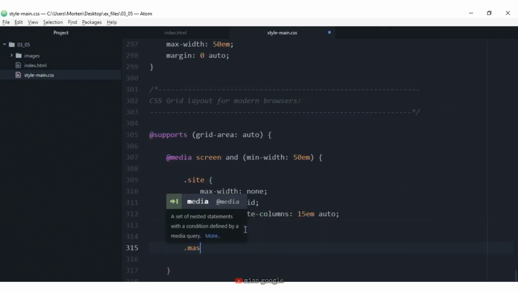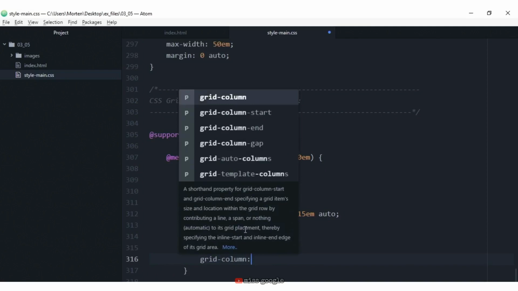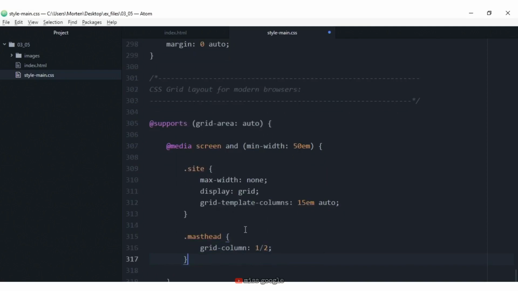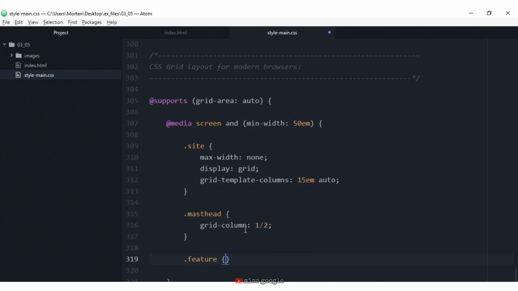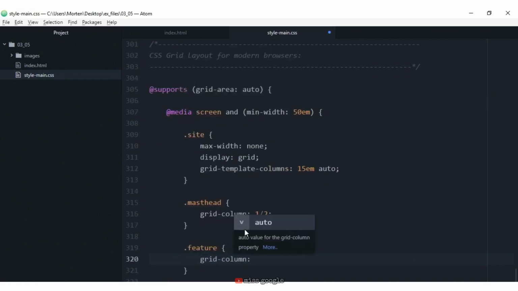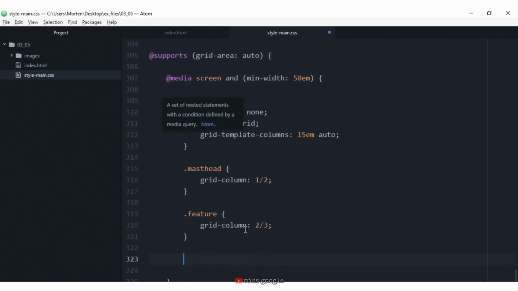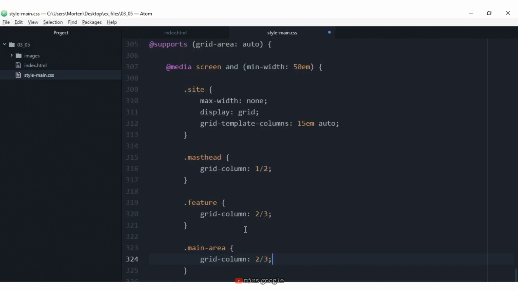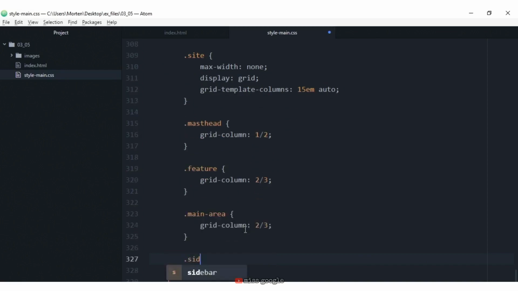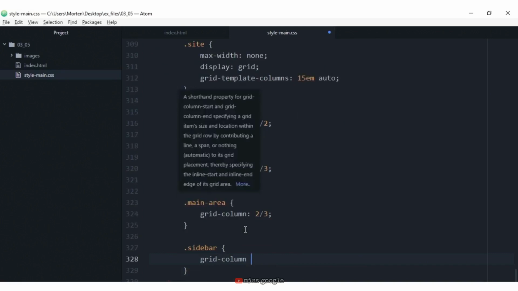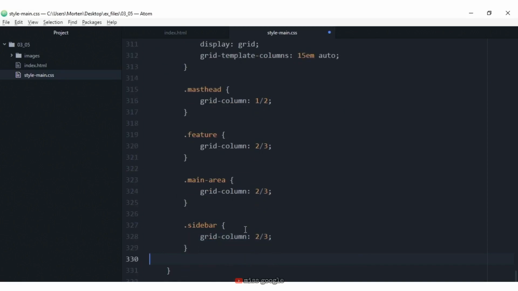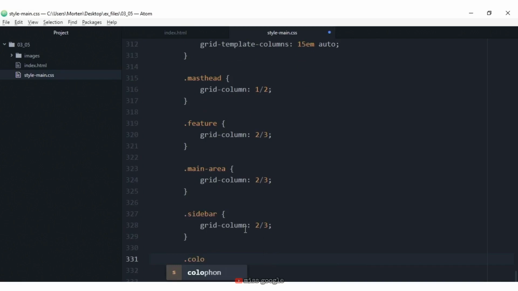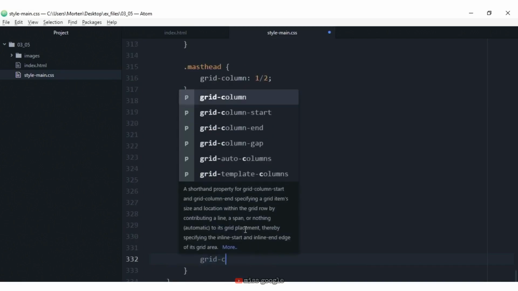So I'll start at the top, masthead. That's the header. And I want that one to appear grid column 1/2. Then feature. That's the featured image. Grid column 2/3. Then the main area. Grid column 2/3 as well. The sidebar, grid column 2/3. And finally, colophon, which is the footer, grid column